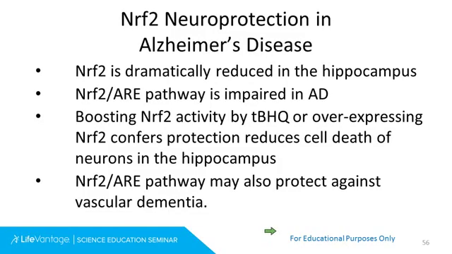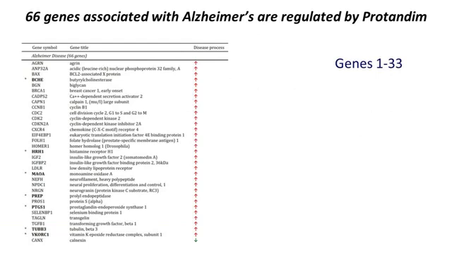With Alzheimer's disease, they have found decreased levels of NRF2 in a certain part of the brain called the hippocampus in patients that have Alzheimer's disease. And they found that if you increase NRF2 activity, you can reduce the cell death in that part of the brain. So there may be some benefit in Alzheimer's. We don't have any definitive studies in that area yet, but certainly that's an area of active research.